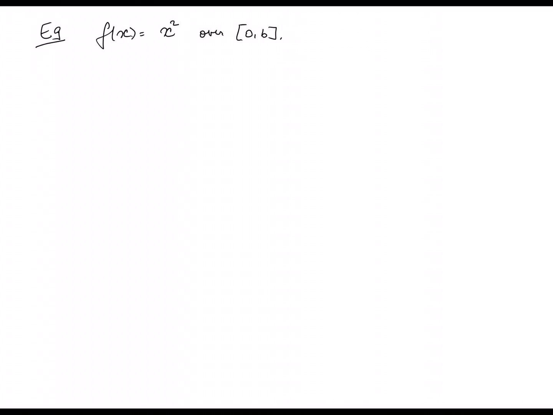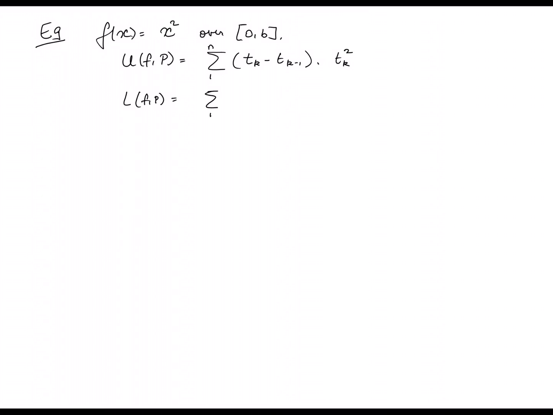Because this is a monotone increasing function, and it's continuous, of course, U(f,P) is just going to be the summation of t_k minus t_{k-1} times t_k squared, because the maximum of the function is attained at the right endpoint of the subinterval, with k from 1 through n, and similarly L(f,P)